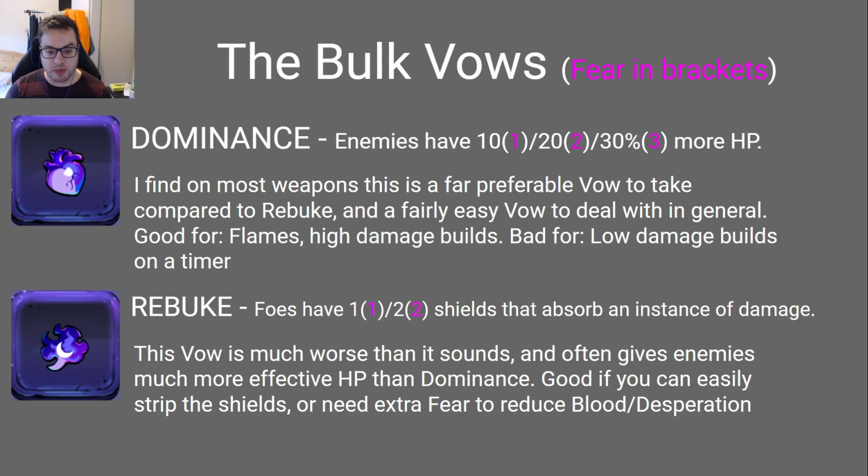Obviously, if you were trying to speed run at a high fear, you don't really want to take either of these. It's kind of a bad idea. But you know, Dominance is by no means that strong. I particularly like taking Vow of Dominance on the Umbral Flames, or any build that just deals a lot of high damage. You normally get through 30% health pretty quickly. But low damage builds on a timer obviously don't want to be taking Dominance or...